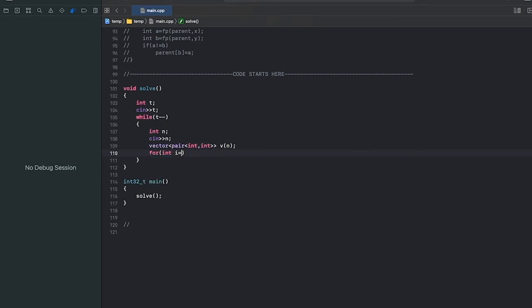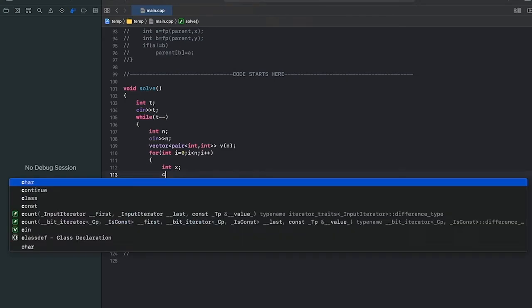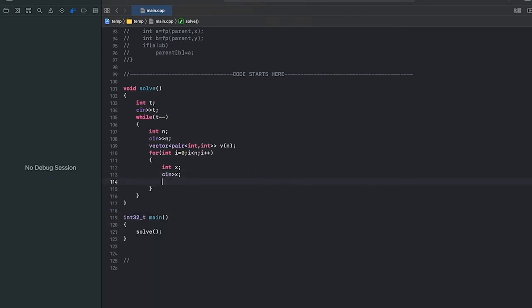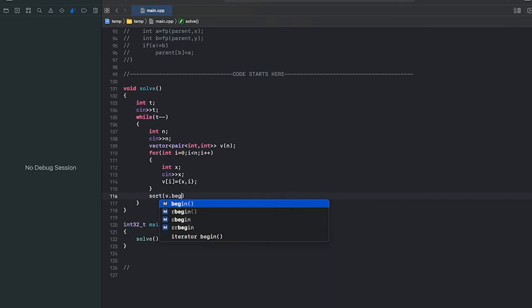We will take the input and store it with the index as well. V of i is equal to the pair. Now we'll sort the vector according to the first values.